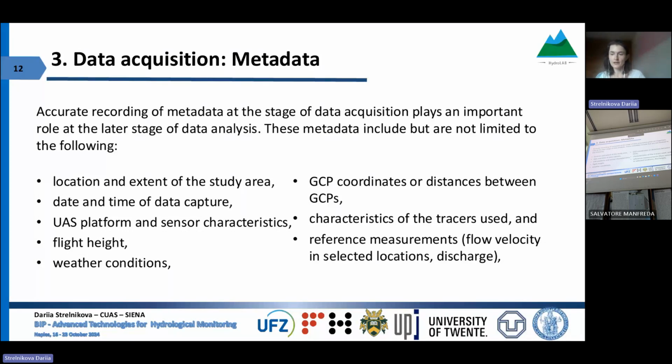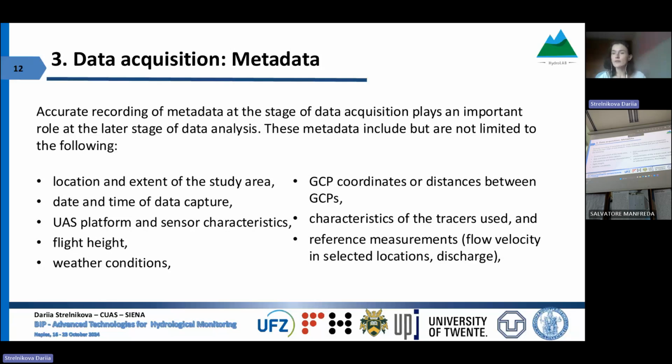Then the weather conditions. Sometimes some errors are produced in the analysis, and they cannot be attributed to anything unless you see, okay, the weather conditions were unsuitable. And then later you can see that for certain weather conditions, you have similar errors in the analysis. So right away, write down what the weather was, not necessarily in much detail, but it's very useful. And of course, all of this metadata, if you later publish your research, is useful to describe in your study design, because this is something that everyone else will understand and will be able to either repeat or avoid if your results are not that